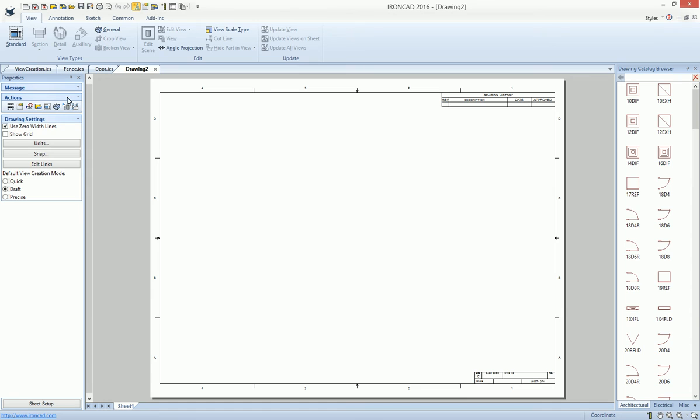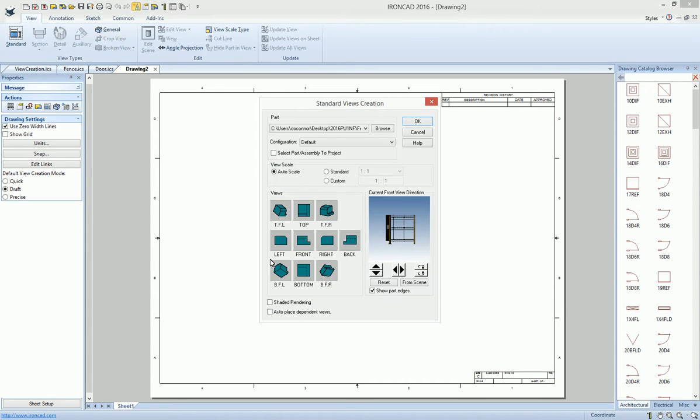And one of the improvements that we added for this release was the standard view creation. If you notice, when you come into the standard view, it's your normal process here. So if we go ahead and say we want to pick a particular file, like this configuration file, and whatever orientation, all this stuff is still the same capabilities in here. And you typically would select your 4 views and you would hit OK, and it would basically auto scale to this sheet, or use one of the standard size and scale it to your drawing and fit it inside this